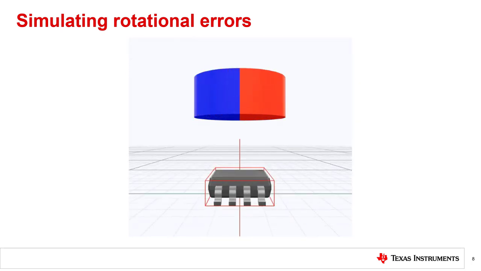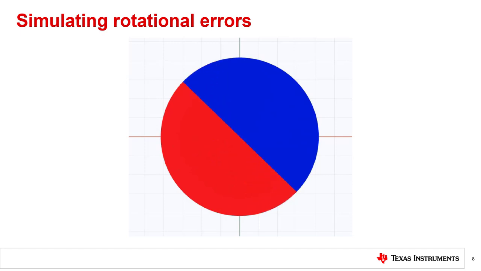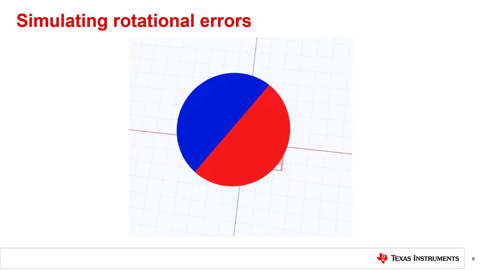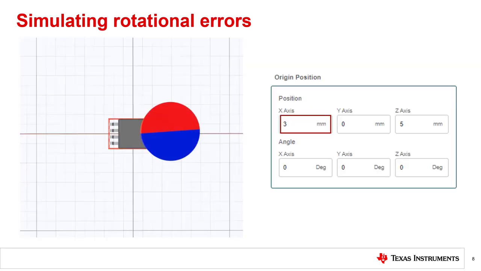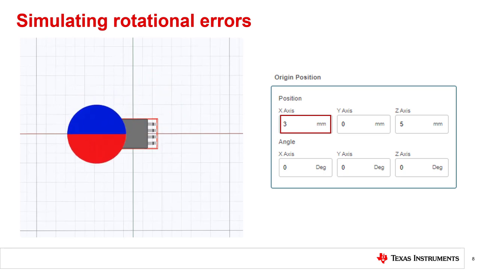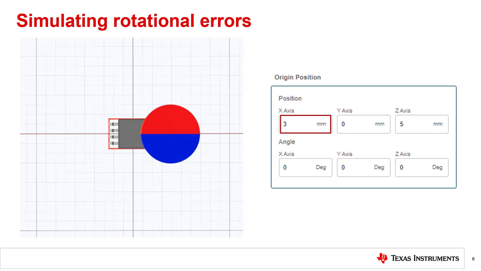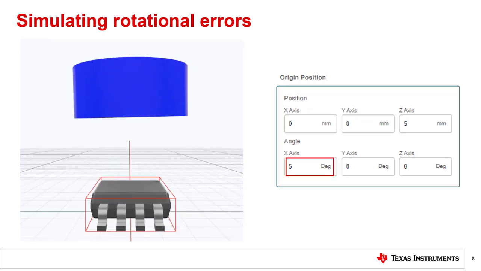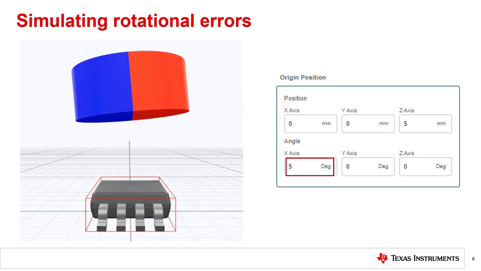TIMS also allows you to simulate possible errors with your magnet's rotation. Since the simulator uses Z-axis as the global rotational point, we can imitate certain common errors seen in magnet rotation and how those could impact your angle measurements. Common mounting issues include magnet runout and magnet tilt. Runout occurs when the magnet is not directly centered to the axis of rotation, so to simulate runout, an offset can be added to the magnet's X or Y position. Tilt occurs when the magnet is not parallel to the top of the device package, so to simulate tilt, an offset can be added in the magnet's X or Y angle.